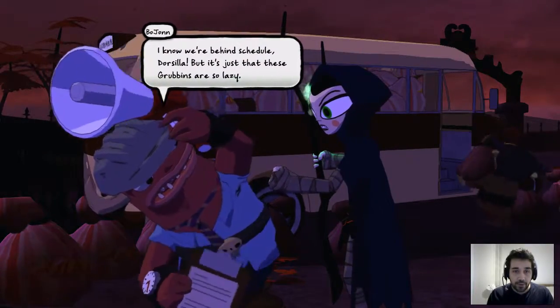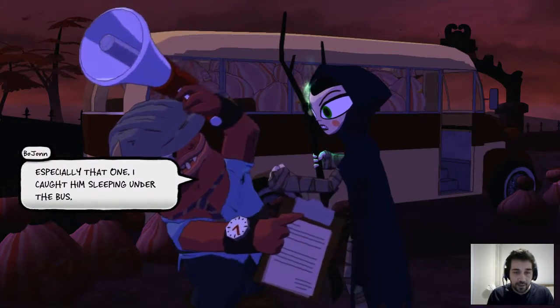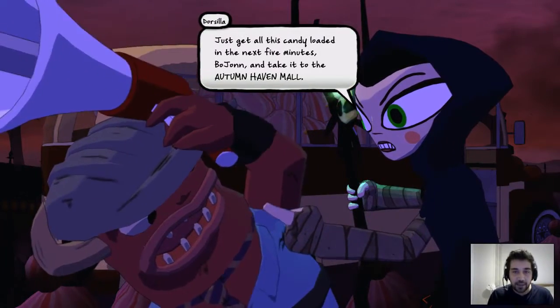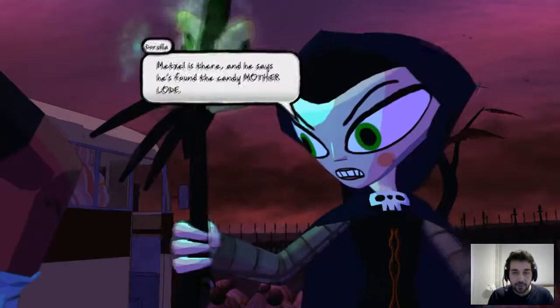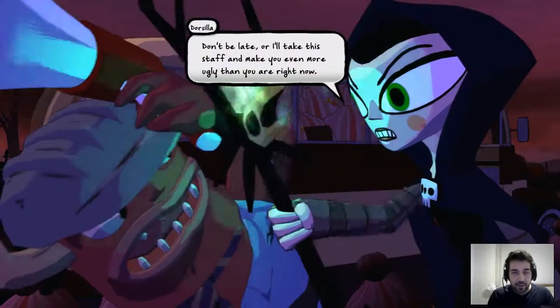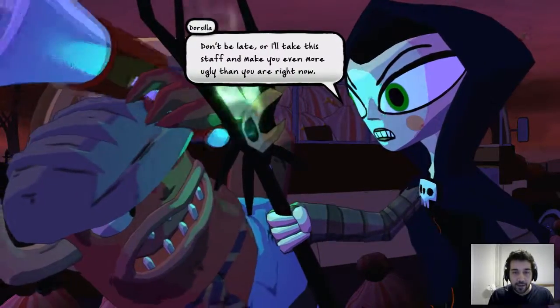I know we're behind schedule, Drusilla, but at least I got some Grubbins, especially that one. I caught him sleeping under the bus. So this is the guy who's got the megaphone. Just get all the candy loaded in the next 5 minutes, Bojan. Take it to the Autumn Heaven Mall. Metzel there says he's found...